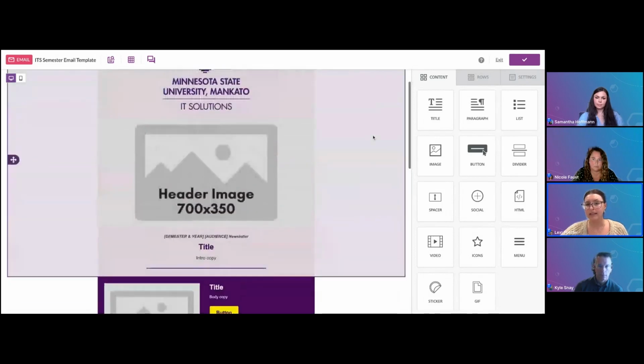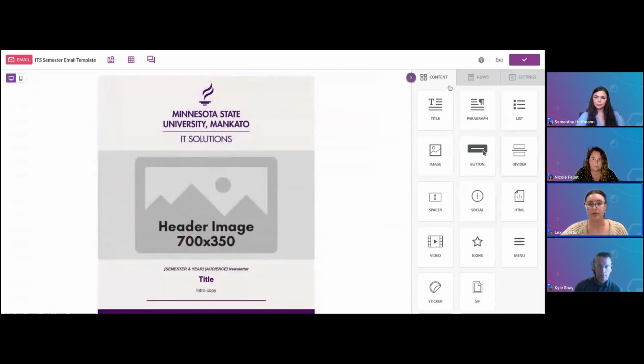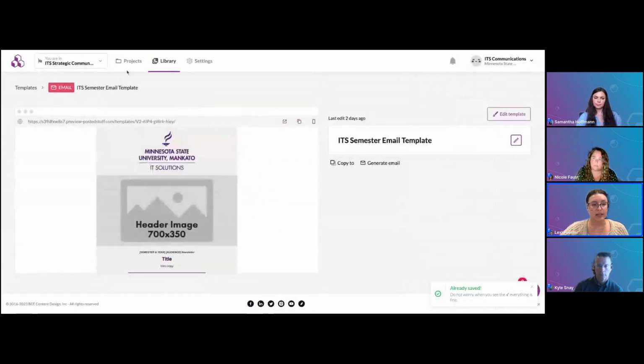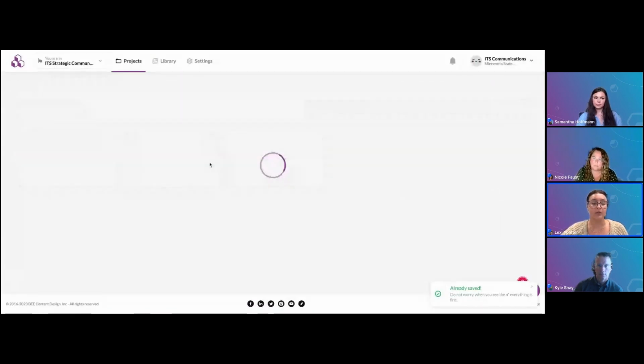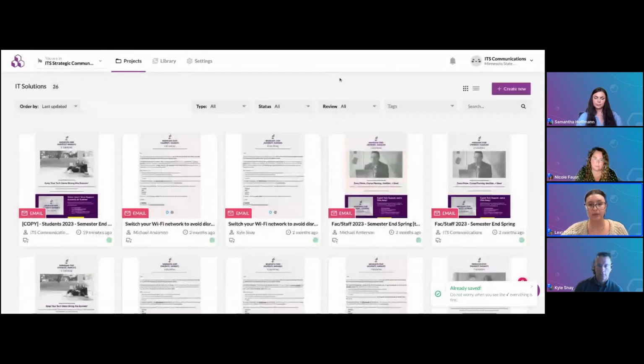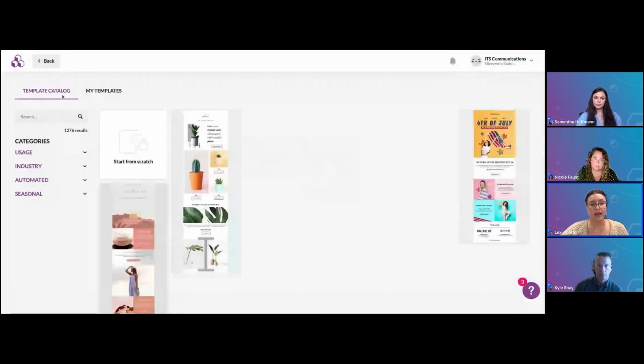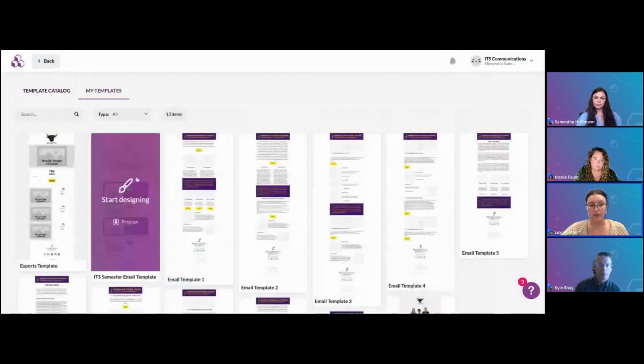So easy peasy, you could just drag and drop and build your template. And then once you're done, you can hit your little save button and exit out, go back to your projects. And then when you're ready to use that template, you just click create new email, and then go to your templates tab and you can see it's right there for you. So you can choose whichever template you want. So if I go back into the one that I just made,